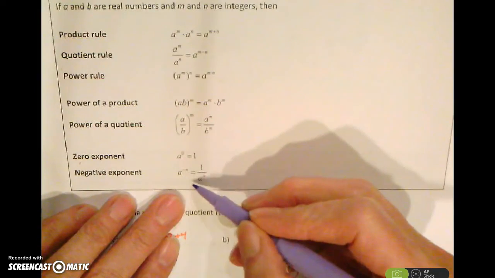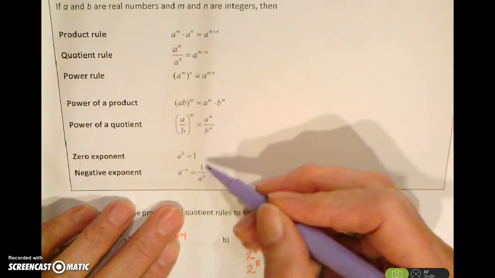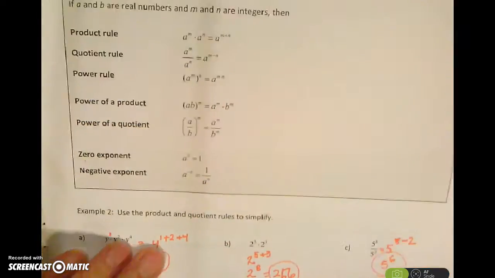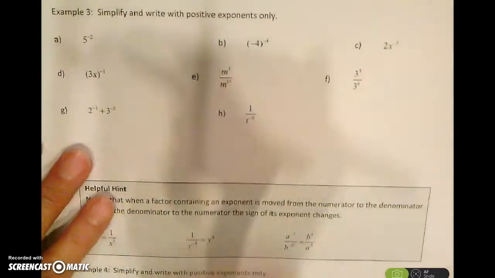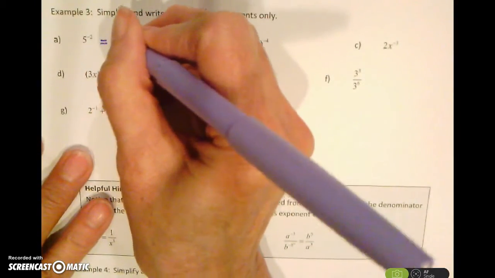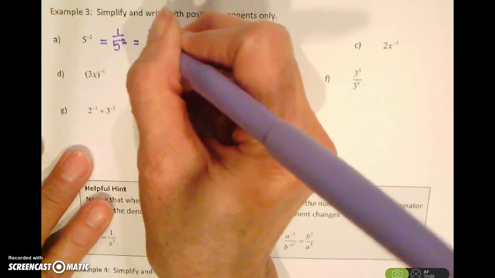In our next group of problems, we're going to use this fact that a raised to the negative n is going to be equal to 1 over a to a positive n. So let's move on then to example 3. So we have 5 to the negative 2. So that would be written as 1 over 5 to the positive 2, which is going to be